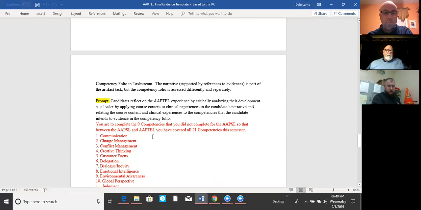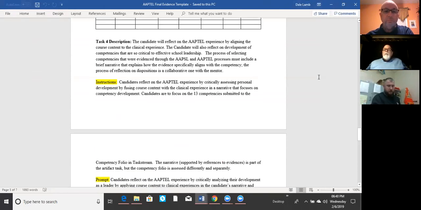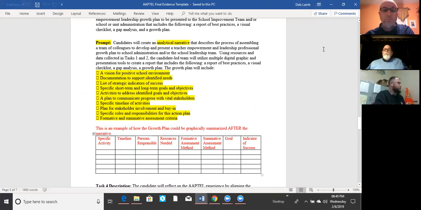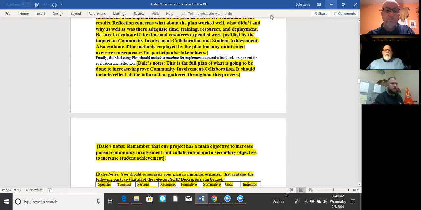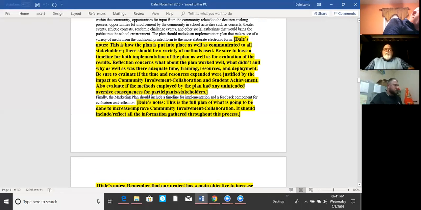The only thing is, we're going to need to get you an example of how to write a competency. And so what I'm going to do right now, let me close myself out of that. When you get to task 4 of the app tell, we've cut one of the tasks off of it. It's actually only 3 tasks long. The 4th task is writing your competencies. So the difference is between 5 tasks and 3. That's why we moved it from 16 weeks to 8. That's how we did it. So for the 4th task of the app tell now, you have to write competencies.